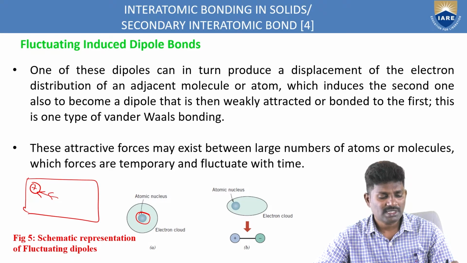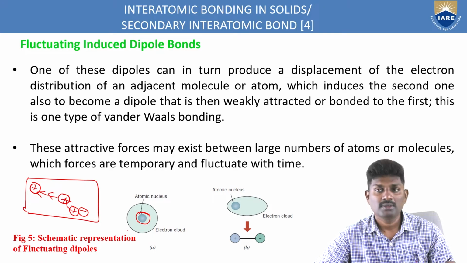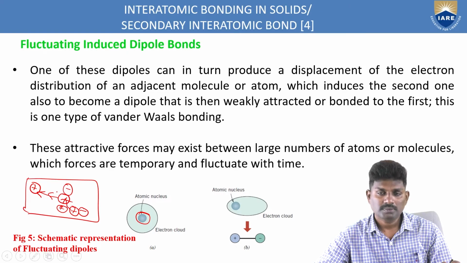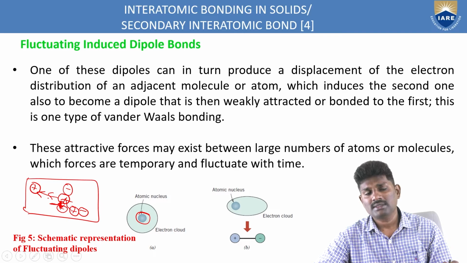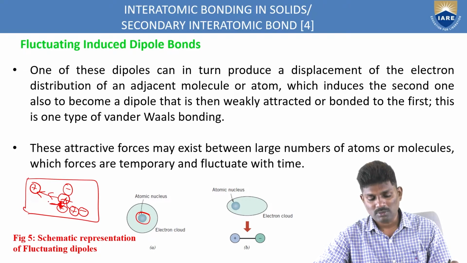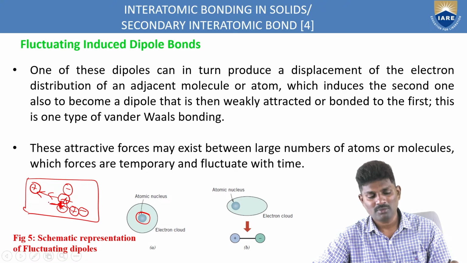Because this position is getting empty, another atom is trying to replace it at this point. Nearby again you have some positive, negative, and because of this there is a repulsive force. Since we have a repulsive force, here you use a dipole to get an attractive force. Like that, you induce some dipoles to get a force of attraction between the atoms or the molecules in the secondary type of bonding.